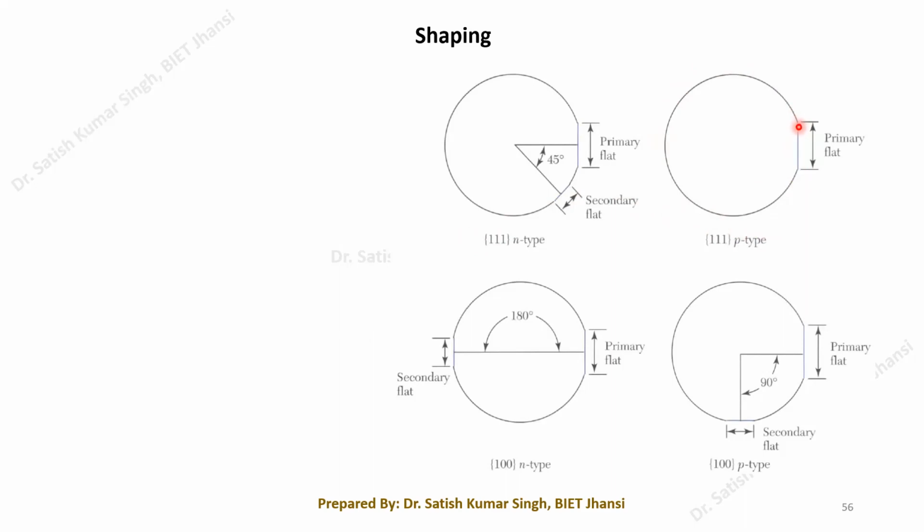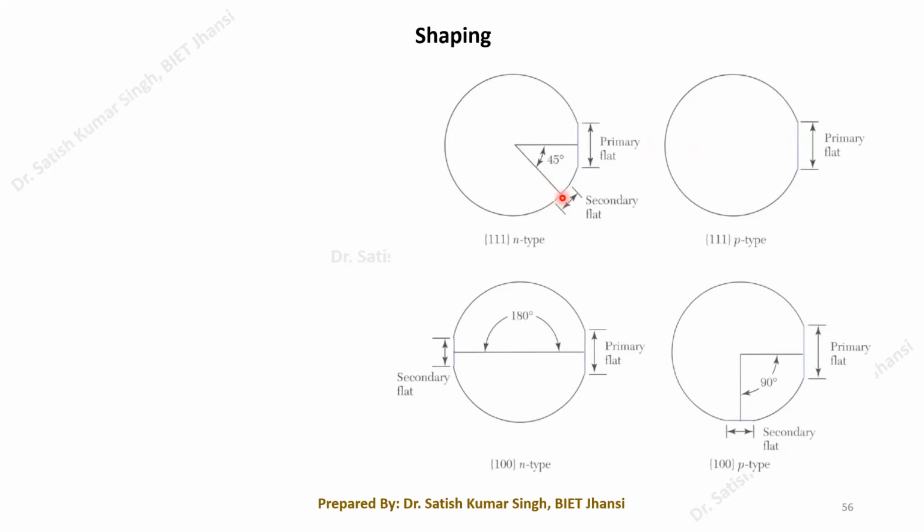In this picture, we have one flat at this point. Then again in this picture, we have another flat. A flat region. Then another flat in the same wafer, you can see at this point. So just remember, I am just showing you the cross-sectional view.